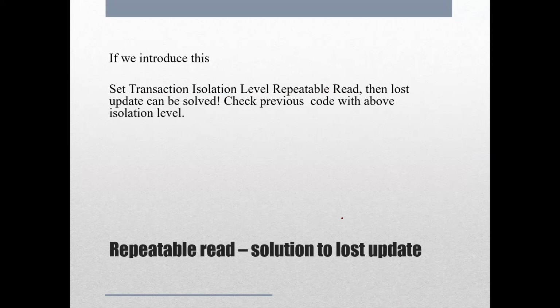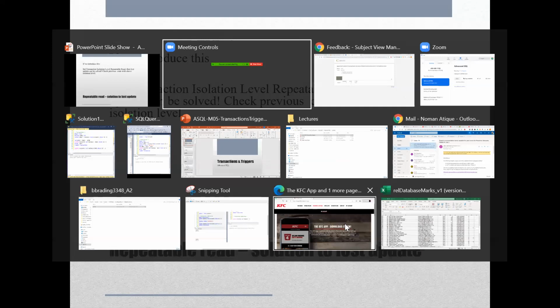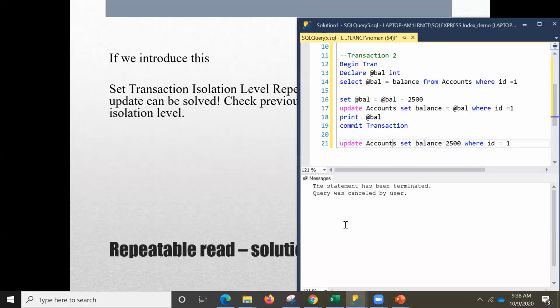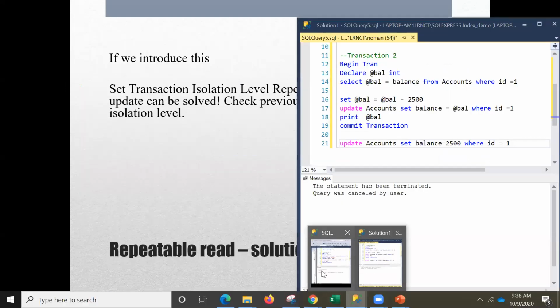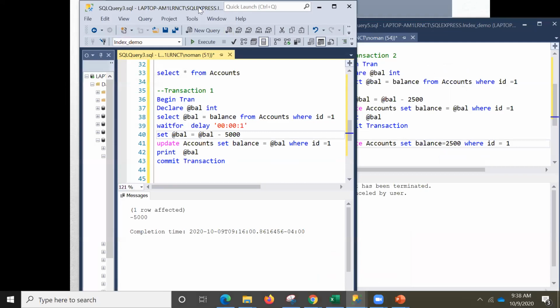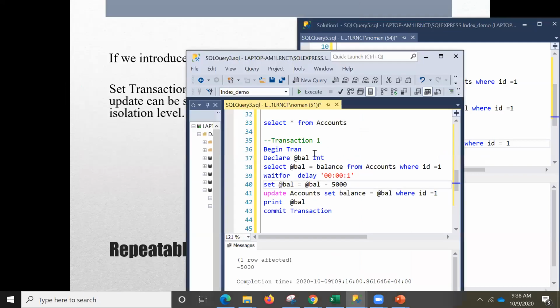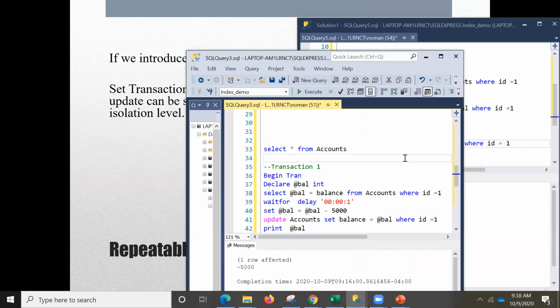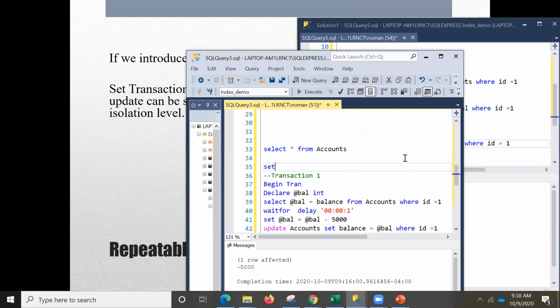Now, for those who were successfully able to run their code, I will just ask all of them what they need to do is, on this first transaction one, for example, you do set transaction isolation level. And what is that isolation level?